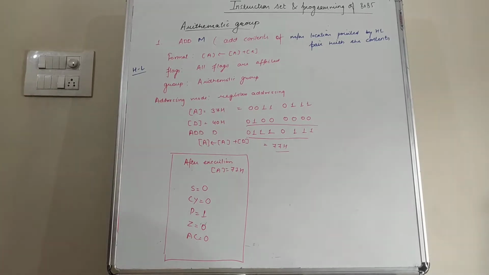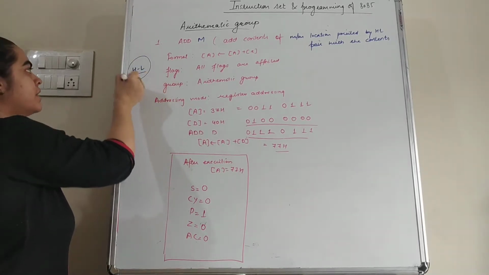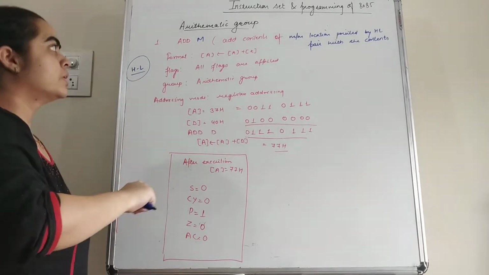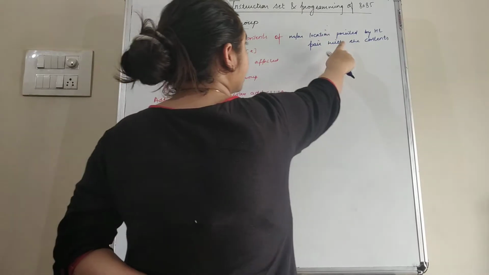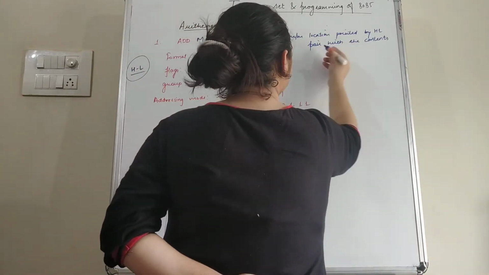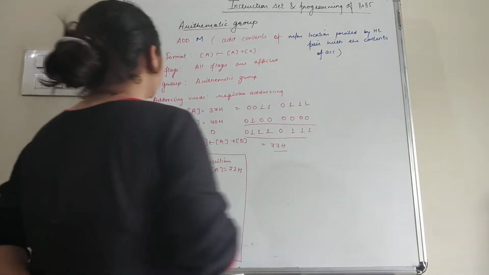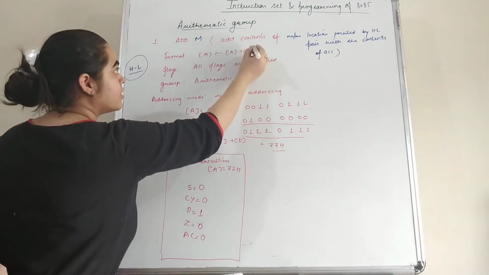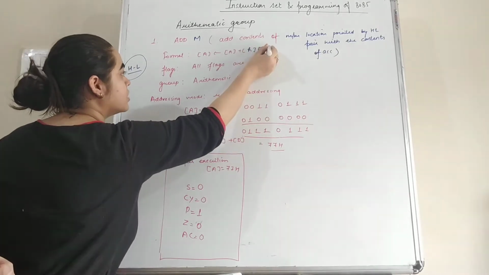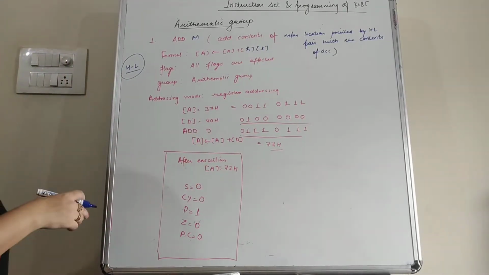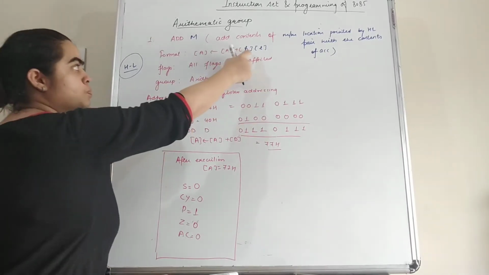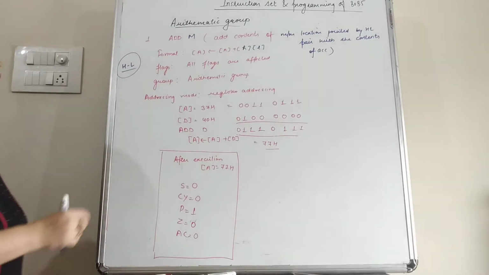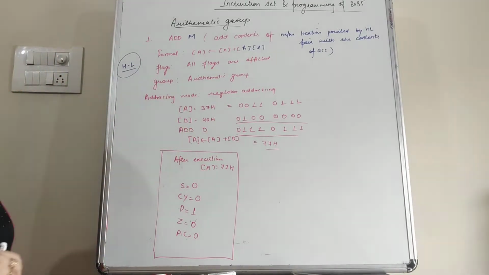So this is the memory location that is pointed by the HL pair, which means the memory location address is saved in the HL pair. So add the contents of the memory location pointed by the HL pair with the contents of the accumulator. Now students, the format of this instruction is, the contents of the accumulator will add with the contents of the memory location which is pointed by the HL pair, and after this the result is stored in the accumulator. Again all the flags are affected.